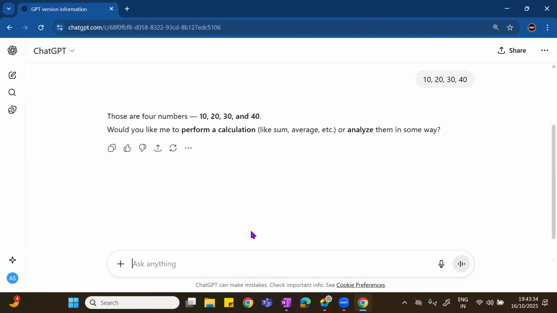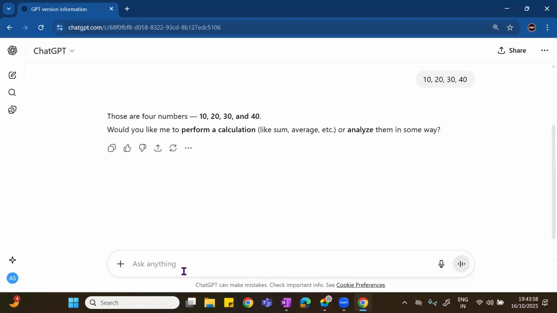Now it is asking me, would I like it to perform a calculation, like the sum or average, or analyze them in some way, because it is not understanding what it has to do. So what you can do is provide some examples.